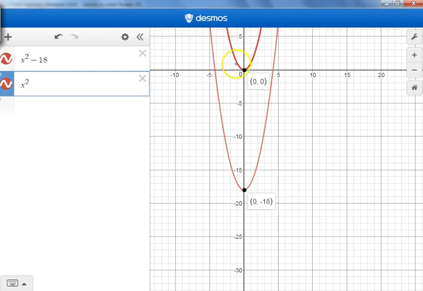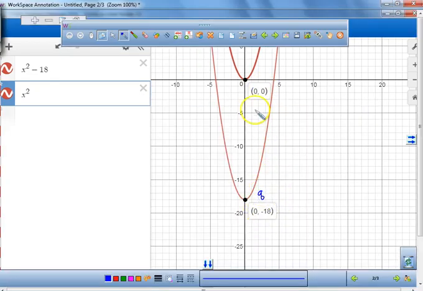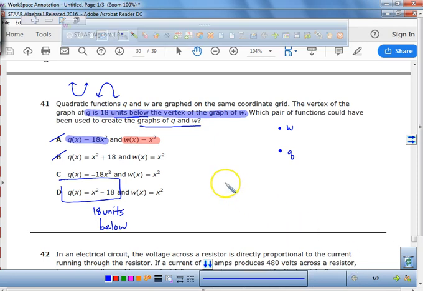What did we say at the very beginning? This is graph Q, this is graph W. So when you're doing it, you have to know which is correct. Okay? It's like when you're graphing it, you gotta know that. Everybody, here's what I want you to write down for your